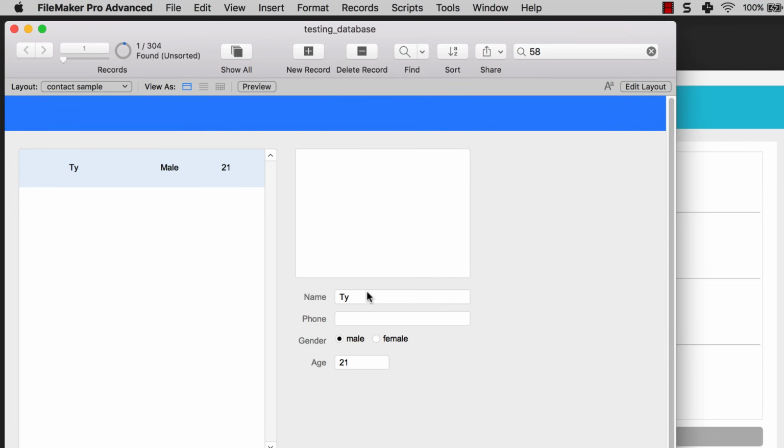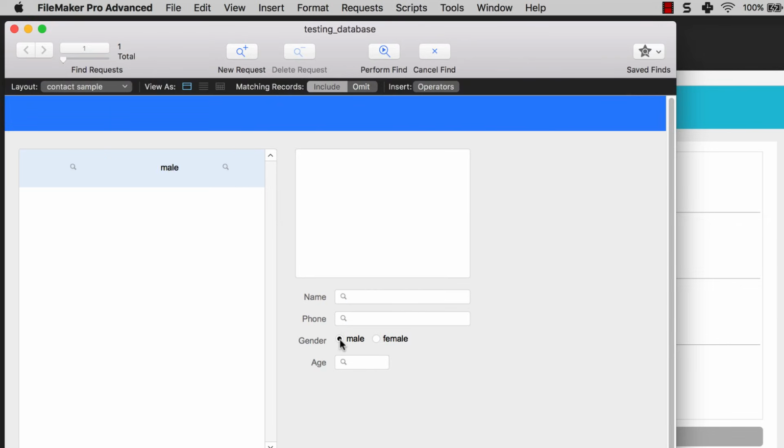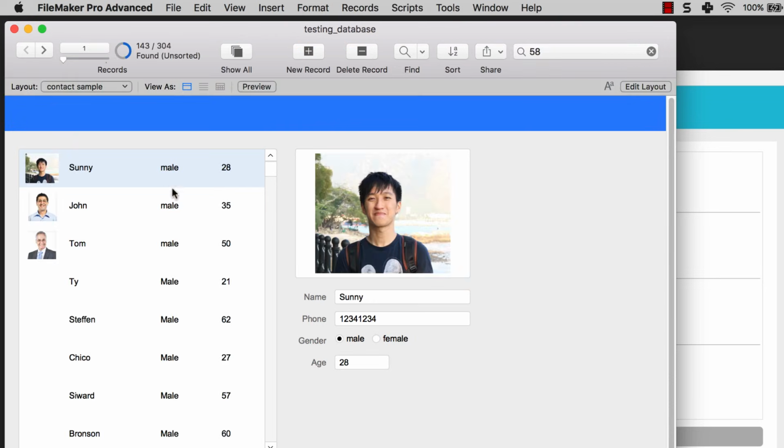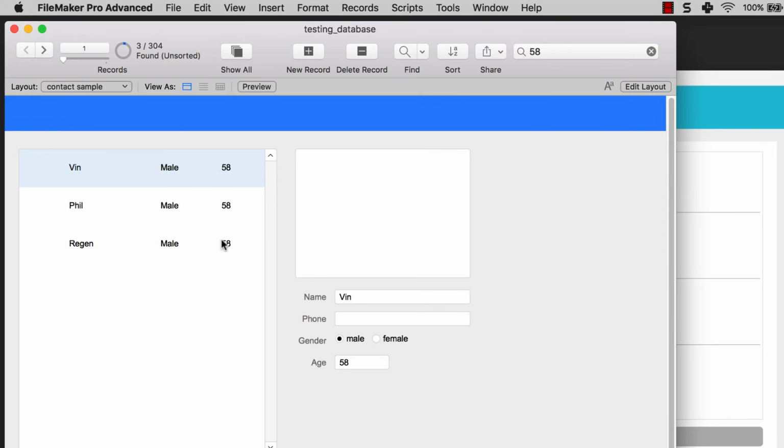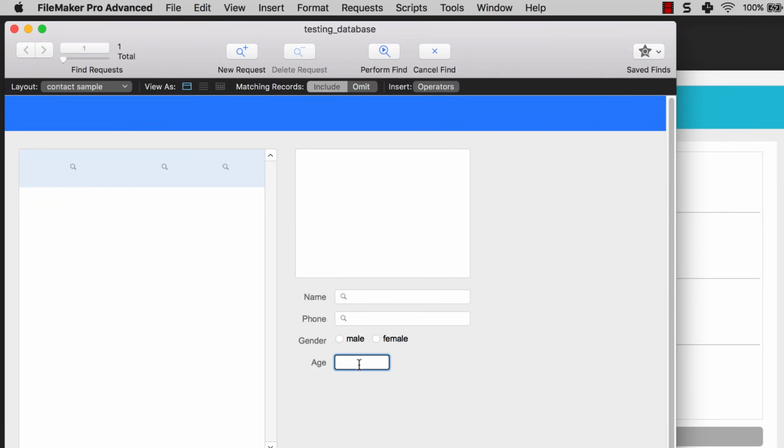You can also combine multiple different criteria together. For example, I can go back to find again, choose male, and then click perform find here, or click enter, and I can find all the male. Or I can also go here, click on the male, and let's do 58, click enter, find all the males that are 58 years old. Now in terms of searching number or date, usually we don't search for only one value. Usually we search for a range. So we can type in a range something like this, between 20